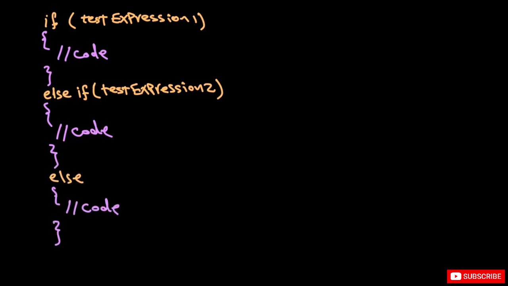Exactly as we said before, if the test expression for the conditional statement is true, the program will execute the code of the body of the conditional if statement. But if test expression 1 is false, the program will skip that body and move on. After that, if test expression 2 is true, the program will execute it. And if it's false, the program will skip the body of the else if statement and will execute the else